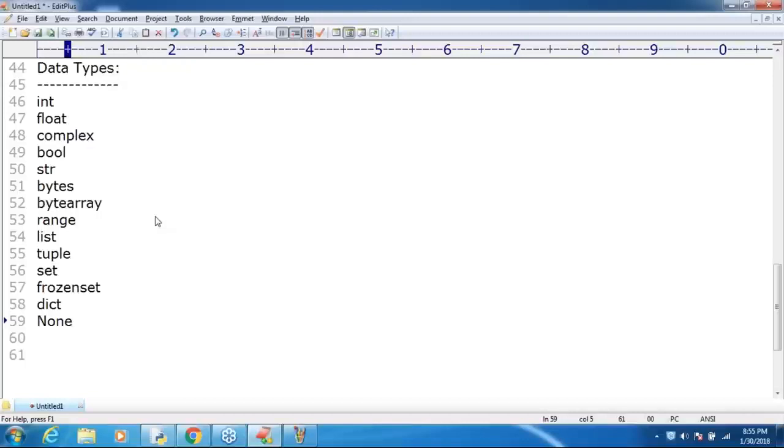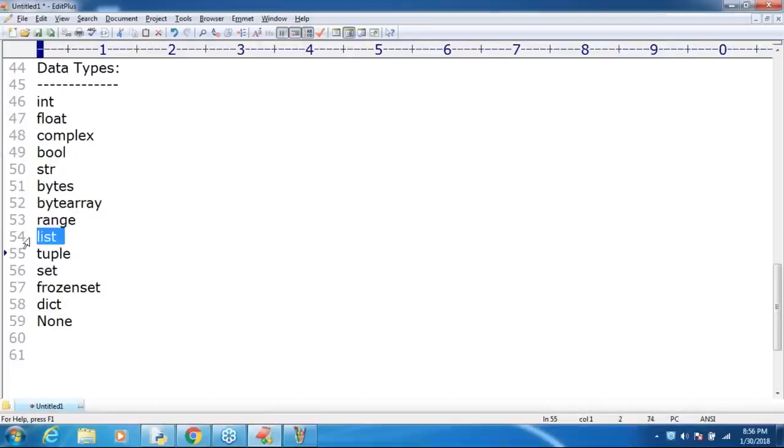Integral values are int, floating point values are float, complex numbers are complex, logical values true or false are boolean, and str represents string values. Bytes means a group of byte values. Byte array is also the same, but there is a difference. Range represents a range of numbers.